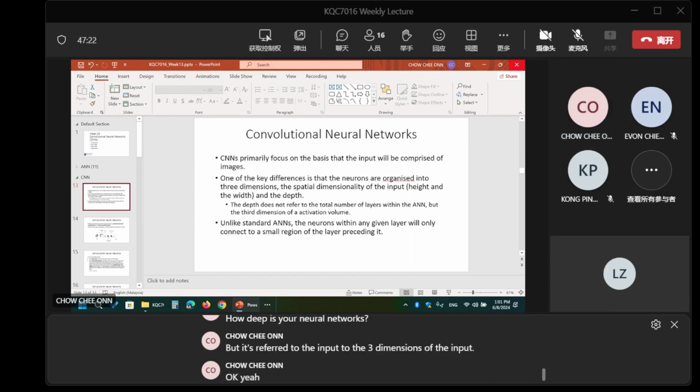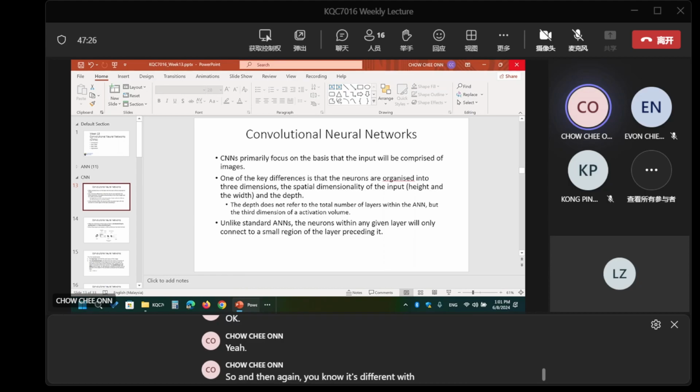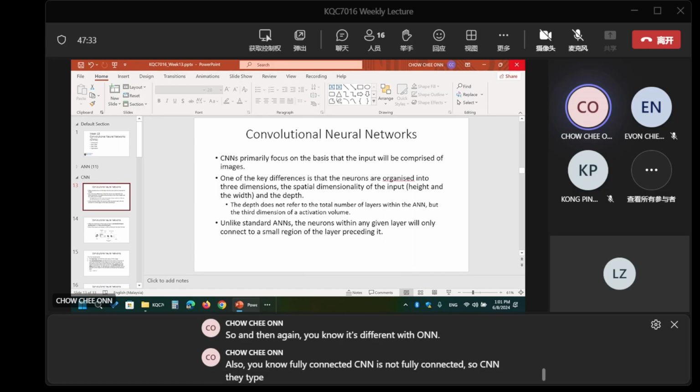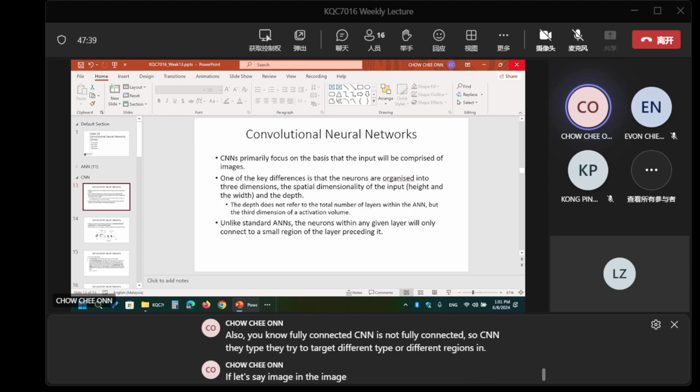It's also different from ANN, which is fully connected. CNN is not fully connected. CNN tries to target different parts or regions of, let's say, an image. In other words, it tries to capture different features.